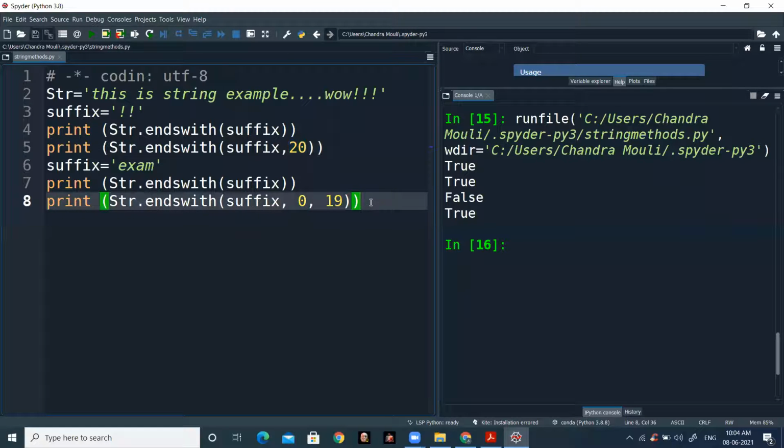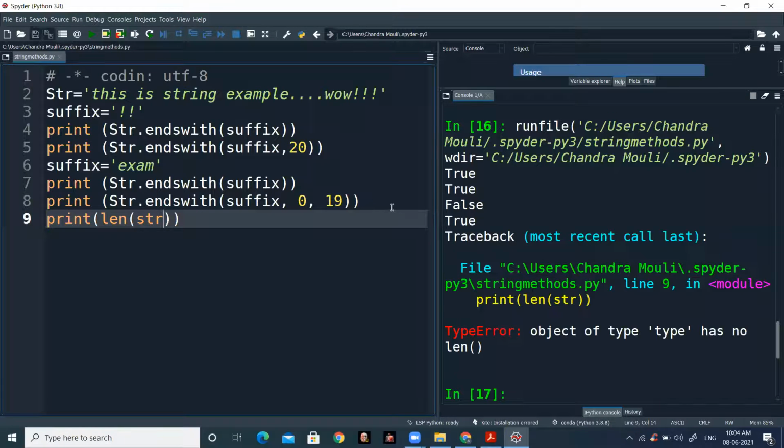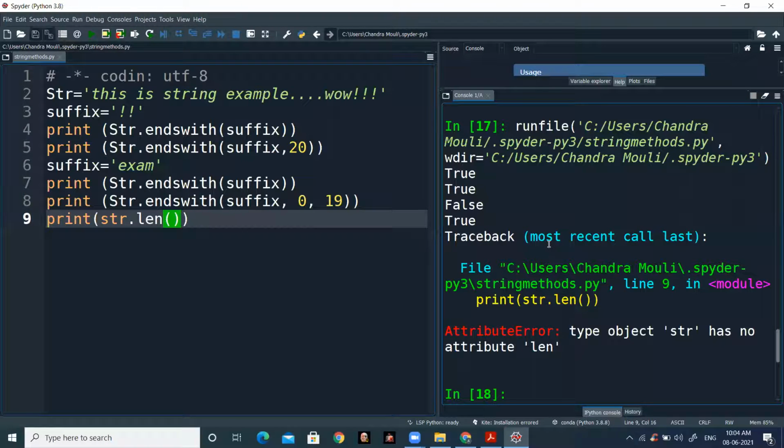Let me check the length of the string. Here I'm passing the length of the string, print of length of str. Attribute error.